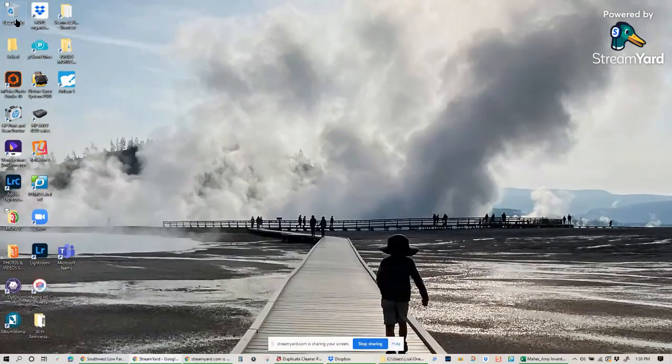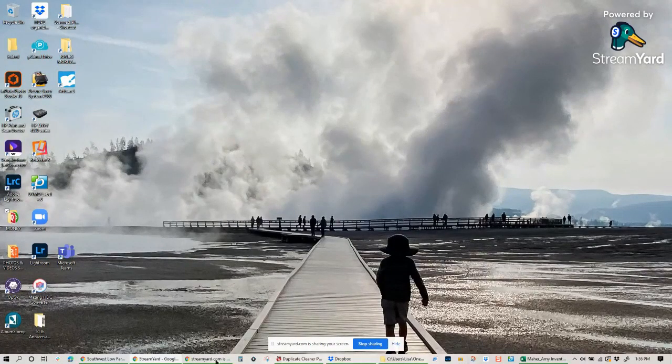my recycle bin. My other one is my scanner, which really only works from right here. And this is where the pictures go. I have a shortcut that takes me to my photos. And then I have a few different programs that I use on a regular basis, but not so much that